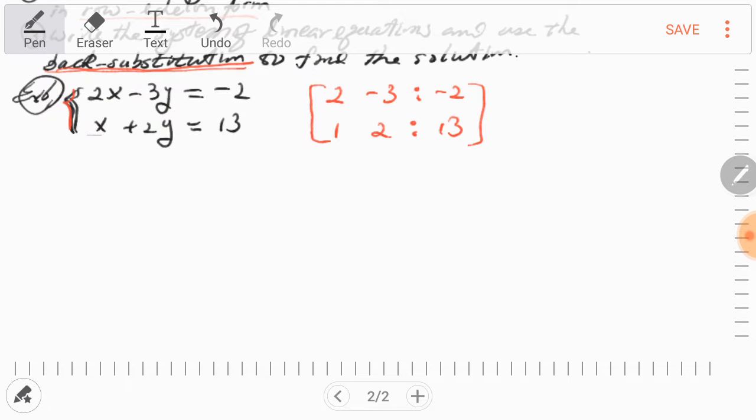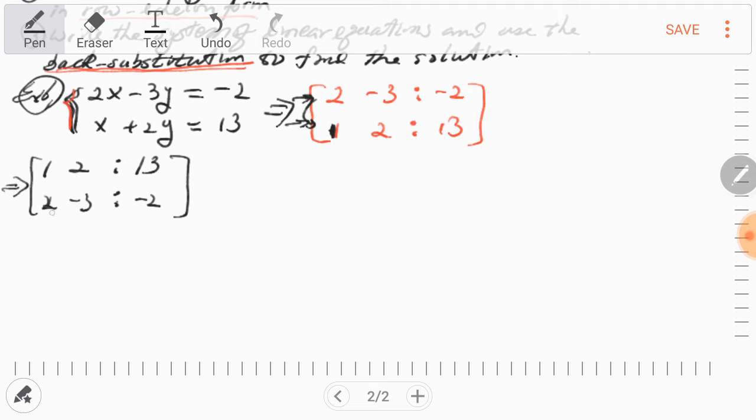So this is the matrix. Row 1 and row 2, we can freely interchange rows. If the row starts with 1, that is the best one because the coefficient of x is 1. So why don't we just interchange these two rows? So it will be 1, 2, 13, 2, -3, and -2. Okay, then from this one,